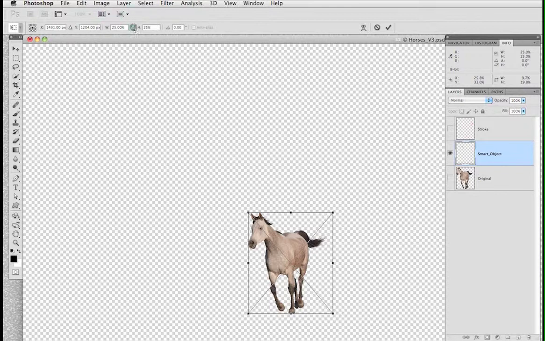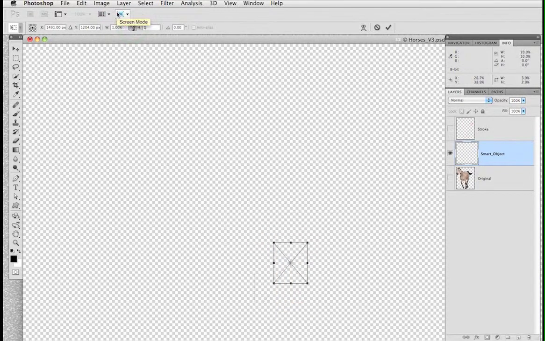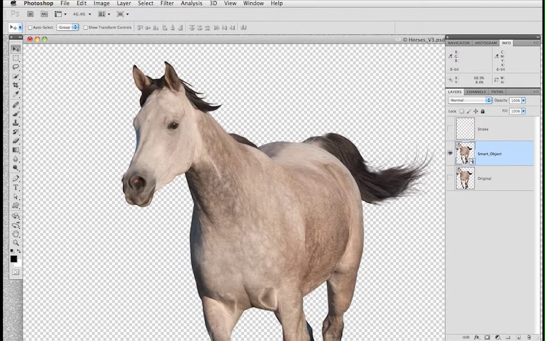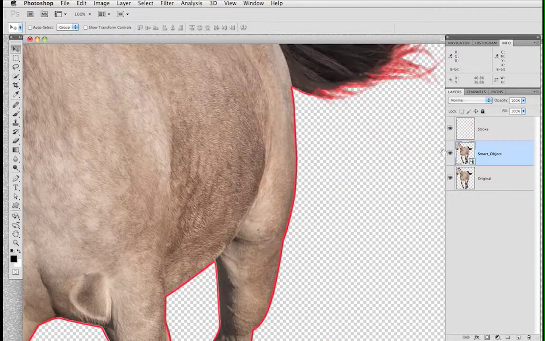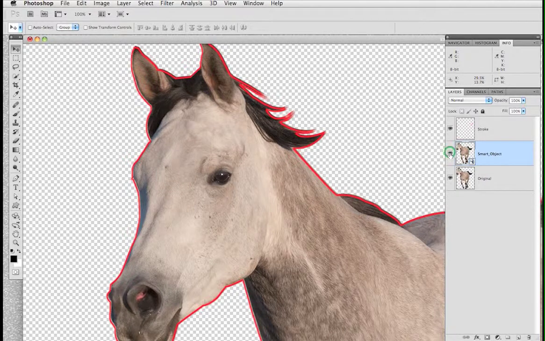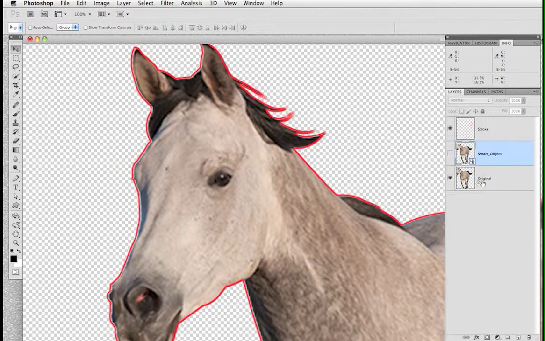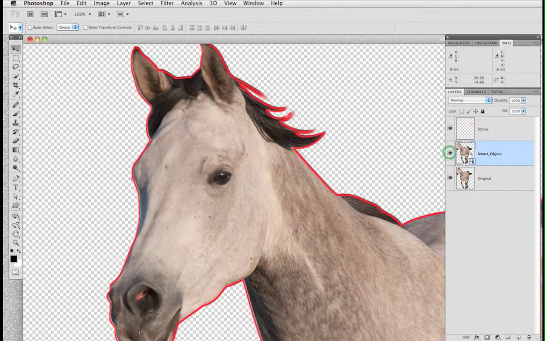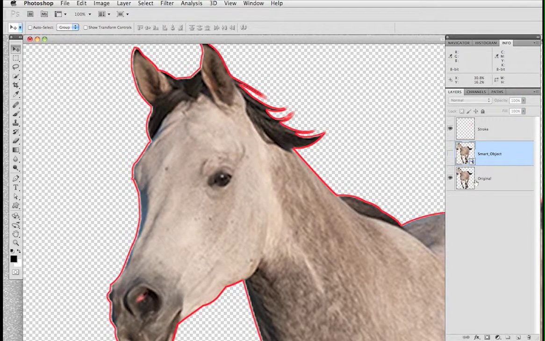If I click this link button and dial in 100%, it takes me back to my original. I'll put my stroke on so you can see that. And now I'm going to go Command or Control 1 to get back up to the original. And there's my smart object. There is the layer beneath that we did originally. So the transforming that down to 25% and back up to 100% did not damage this file, but the same layer done the traditional way